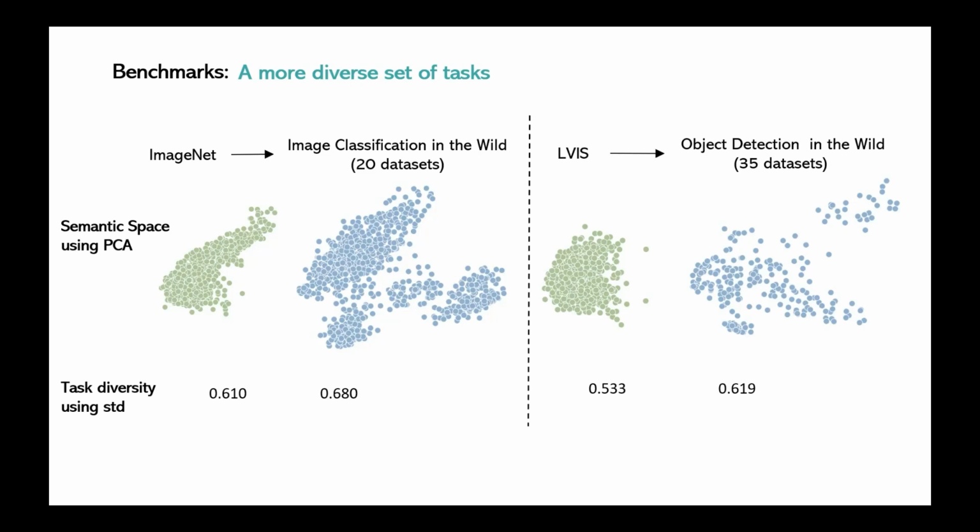In contrast, our CV data sets in the Elevator are collected from many different applications and different domains, and they are more diversely distributed in the same semantic space, and can better represent the full task space